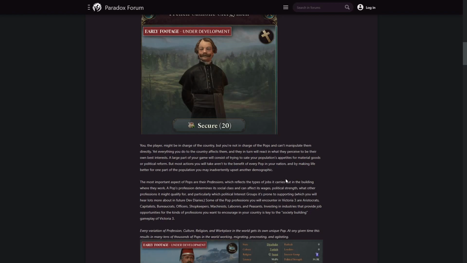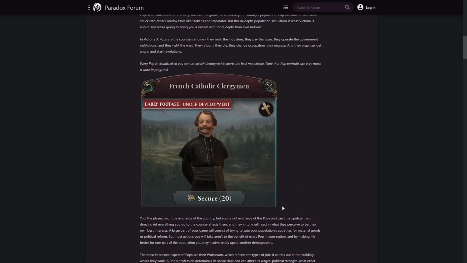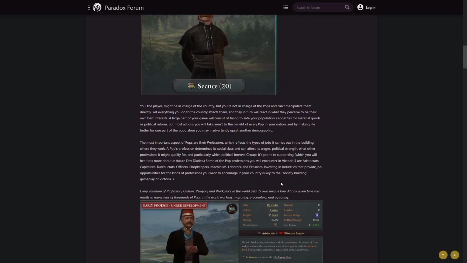So I assume they're talking about things like religious minority rights, or even tax reforms for the bourgeois or a certain political class, and all of that stuff. So great to see again that there is some balance being taken into account, and it's not just a one-way street. The most important aspect of pops are their professions, which reflects the types of jobs it carries out in